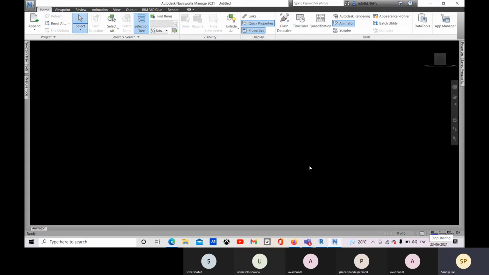And if you choose Navisworks Simulate, there you cannot do the clash checking. Okay. And you have Navisworks Freedom, that is a free viewer. You can review your model, you can view your model in Navisworks.